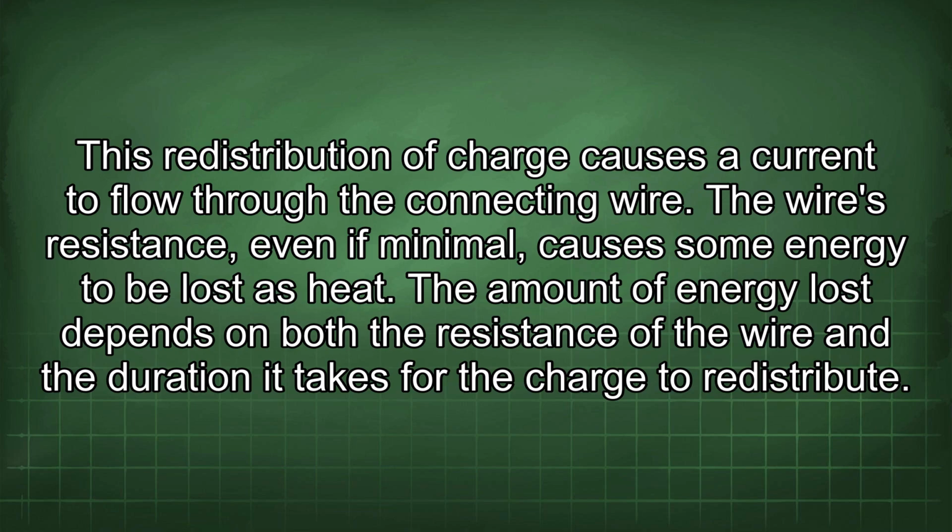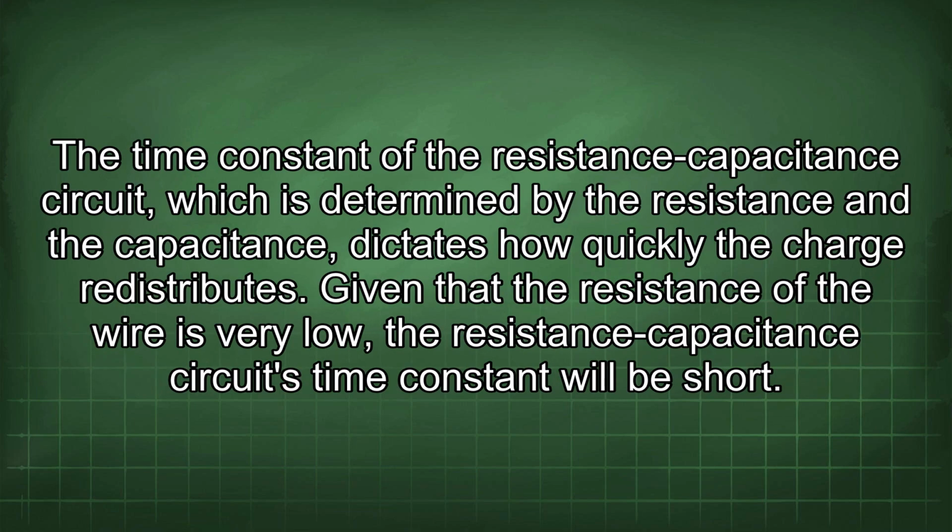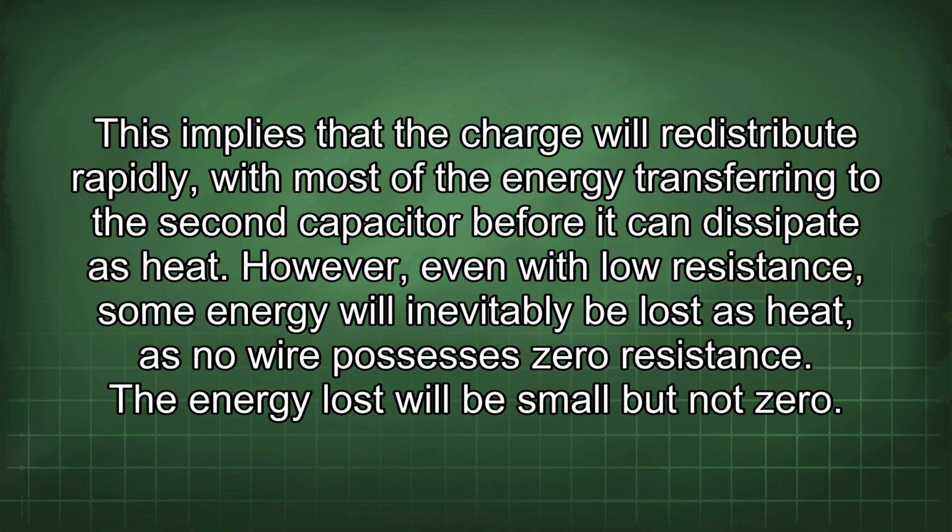The amount of energy lost depends on both the resistance of the wire and the duration it takes for the charge to redistribute. The time constant of the resistance-capacitance circuit, which is determined by the resistance and the capacitance, dictates how quickly the charge redistributes. Given that the resistance of the wire is very low, the resistance-capacitance circuit's time constant will be short. This implies that the charge will redistribute rapidly, with most of the energy transferring to the second capacitor before it